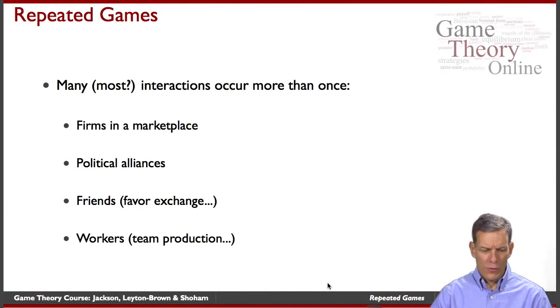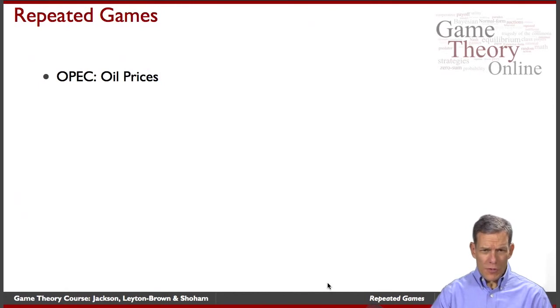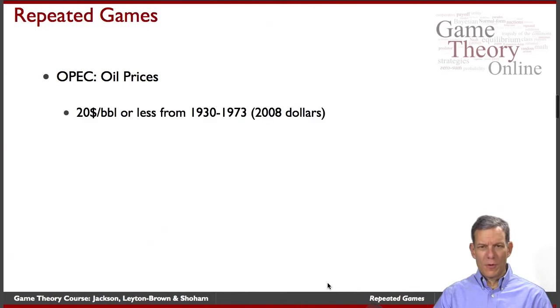Involves a whole series of different kinds of things. Just to fix ideas, let's talk a little bit about OPEC, which was a cartel formed in the early 1970s. And just in terms of background, if you go back to the period between 1930 and up to 1973, when